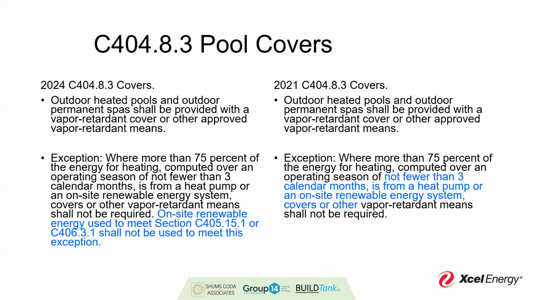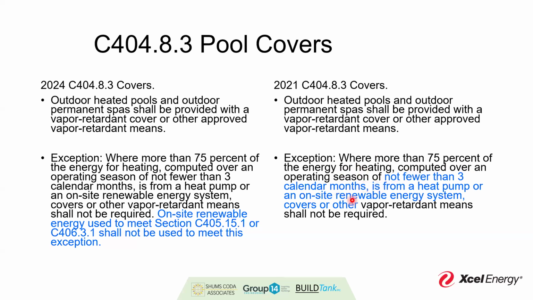Now, as we get to pool covers, on the right, I've given you the 21 code language. On the left is the 24 code language, and they're pretty close to the same here. We just have an addition of a sentence on the 24. So you can see here that basically, hey, you're supposed to provide some sort of a vapor retardant cover. There is an allowance for you to not have to do that, where you have 70% of the energy for the heating computed over an operating season, not less than 3 calendar months, is from a heat pump or on-site